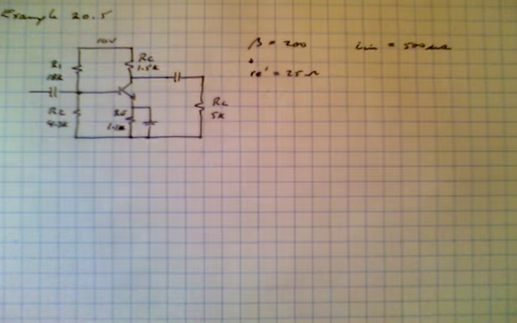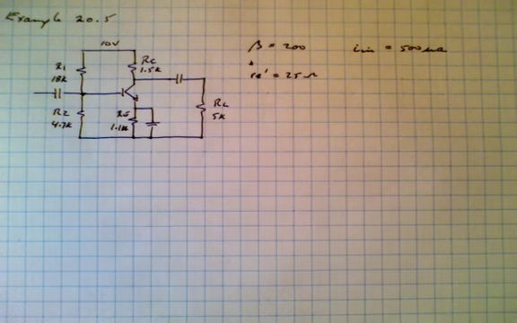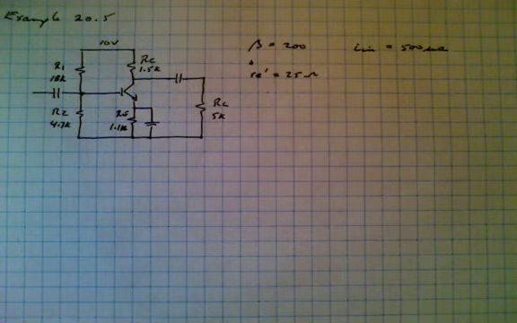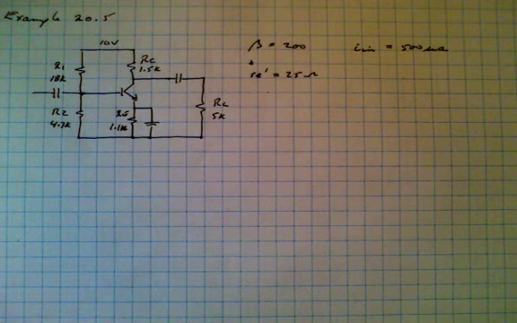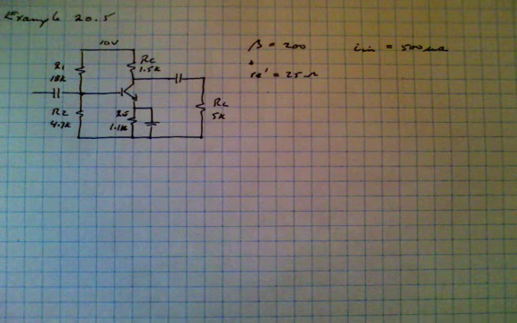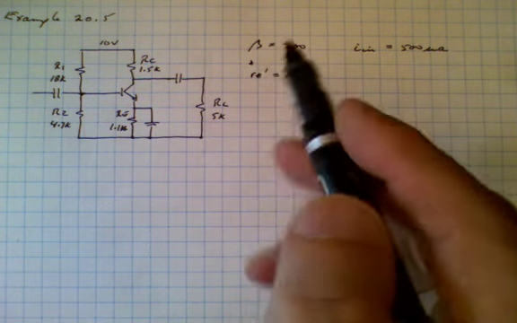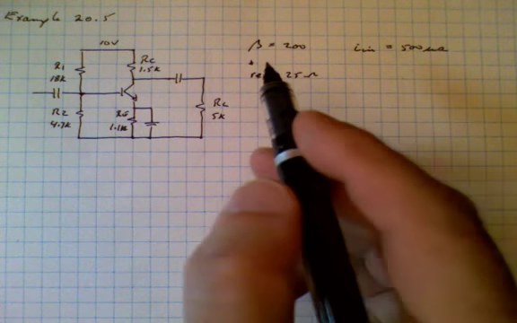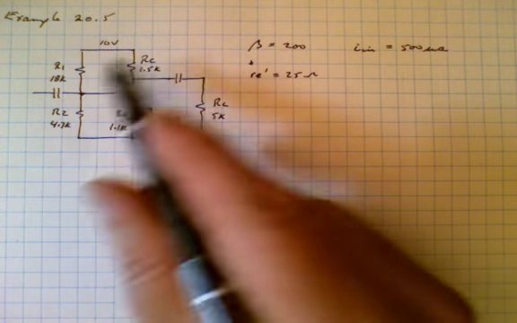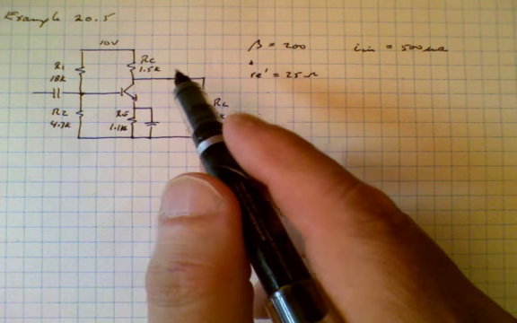We're going to take a look at example 20.5. The problem here is to find the output current and the current gain. Of course, that's AC current, and we're going to first of all do that by rearranging the circuit as an